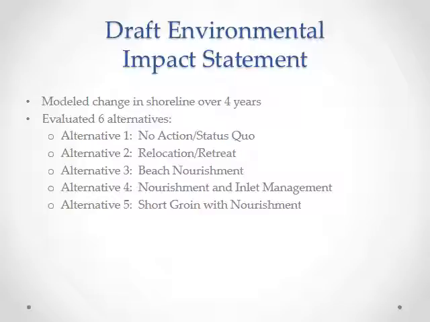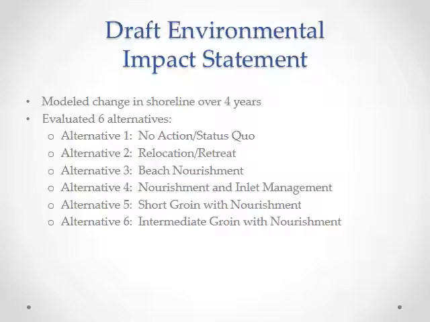That one is not the preferred alternative, so I won't talk about that one. I'll talk about the sixth one. This is the preferred alternative in the environmental impact statement. This is the proposed project. It's the intermediate groin, 1,000 feet, 700 feet going out from the dune, 300 feet of anchor, 120-foot T section